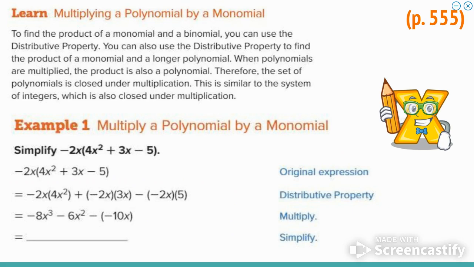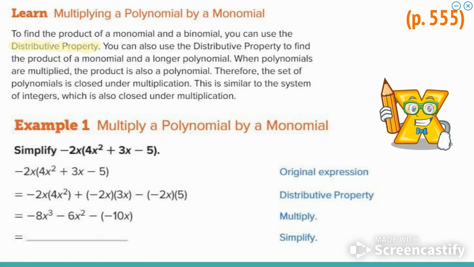All right, the main thing is, all this is distributive property. That's all we're really going to be talking about today. We might talk about reviewing some power rules. If you're multiplying, you multiply your coefficients, but then you add your exponents as long as the base is the same. So we start with negative 2x and times by this polynomial 4x squared plus 3x minus